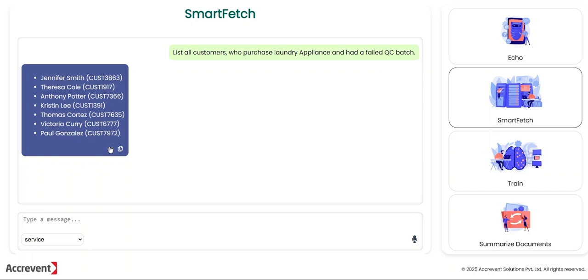Jennifer Smith, cust 3863, Teresa Cole, cust 1917, Anthony Potter, cust 7366, Kristen Lee, cust 1391, Thomas Cortez, cust 7635, Victoria Curry, cust 6777, Paul Gonzalez, cust